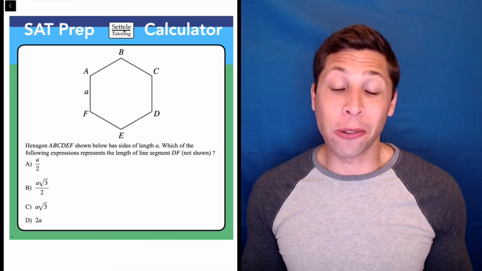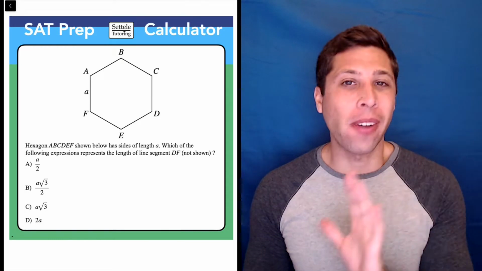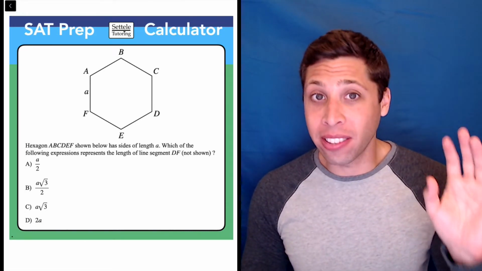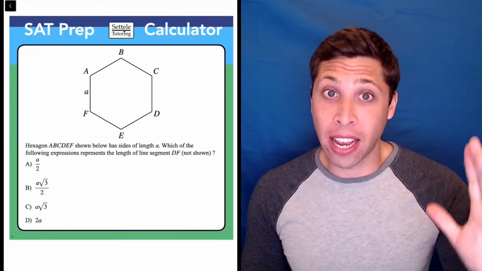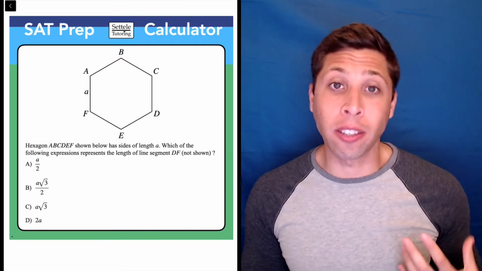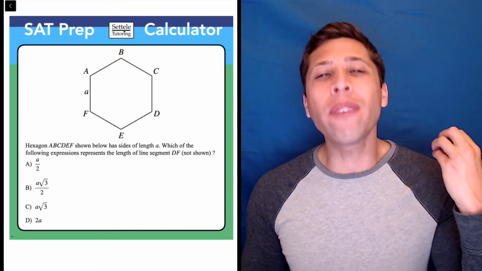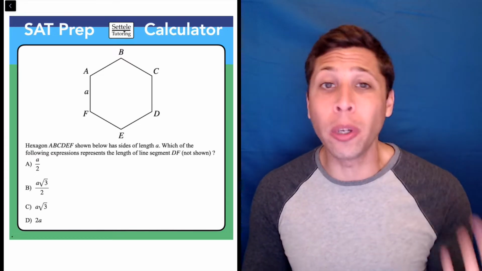This looks like it's going to be a hard question, and it kind of is. So here's what I would do first and foremost, just to simplify things from the start. I see that this letter A, that's the side of this hexagon, just carries through the question, right? It's a variable in the actual picture, it's a variable in the answer choices, and so I would want to get rid of it just so I have one less thing to think about while I'm doing all these crazy